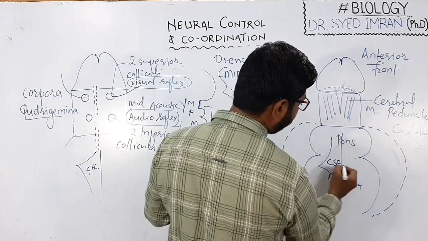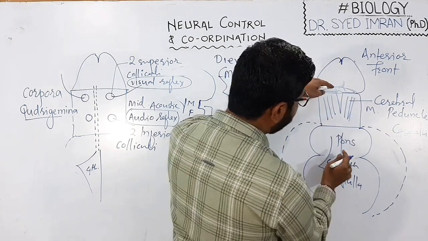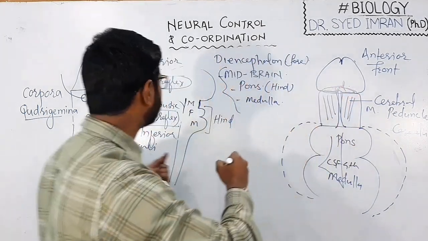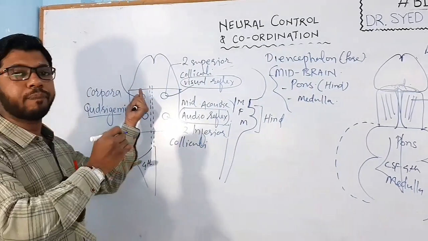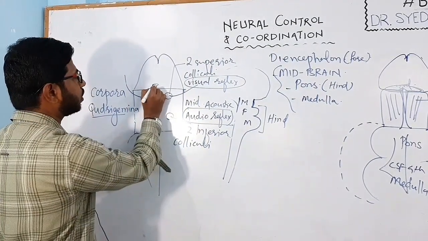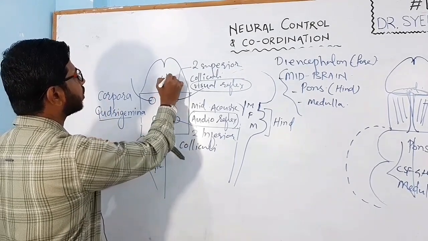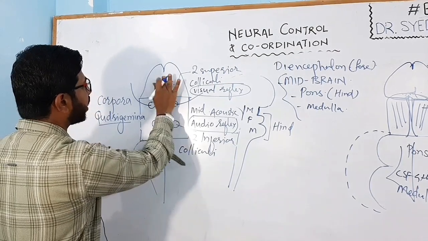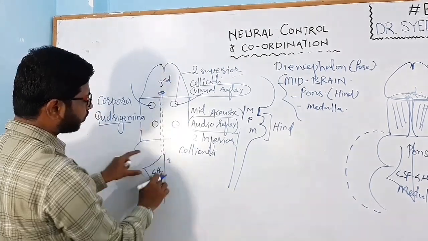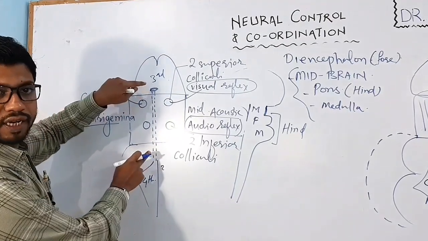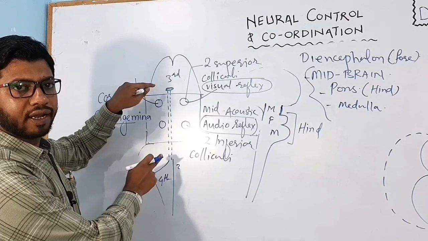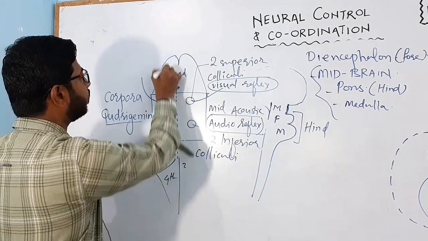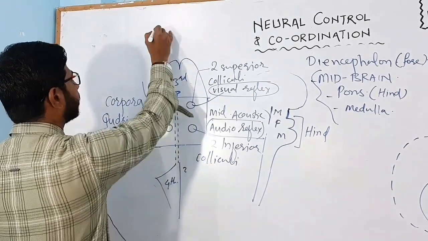So the tube which joins this 4th ventricle and 3rd ventricle passes through the midbrain, and this tube comes out from the posterior part. This tube opens in the 4th ventricle and opens in the 3rd ventricle. So this is the tube which contains cerebrospinal fluid, moving from the posterior part of the midbrain. This tube is known as